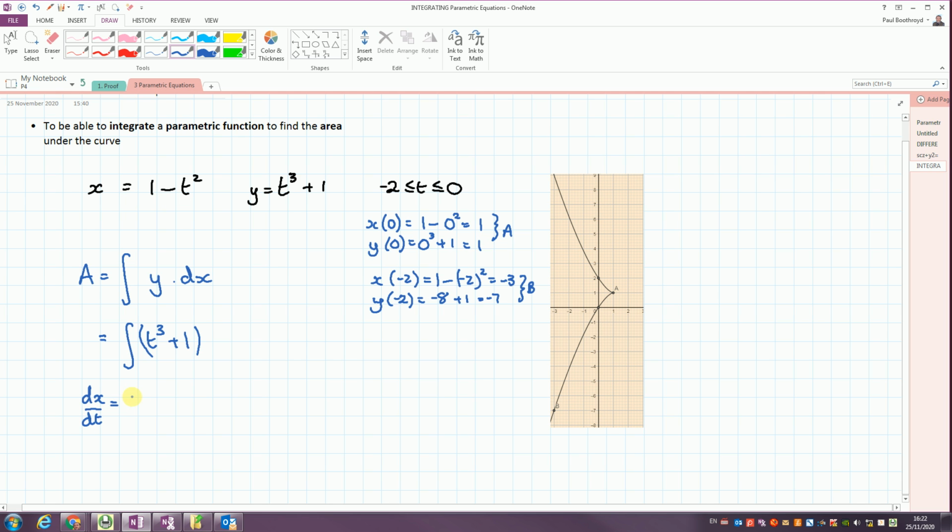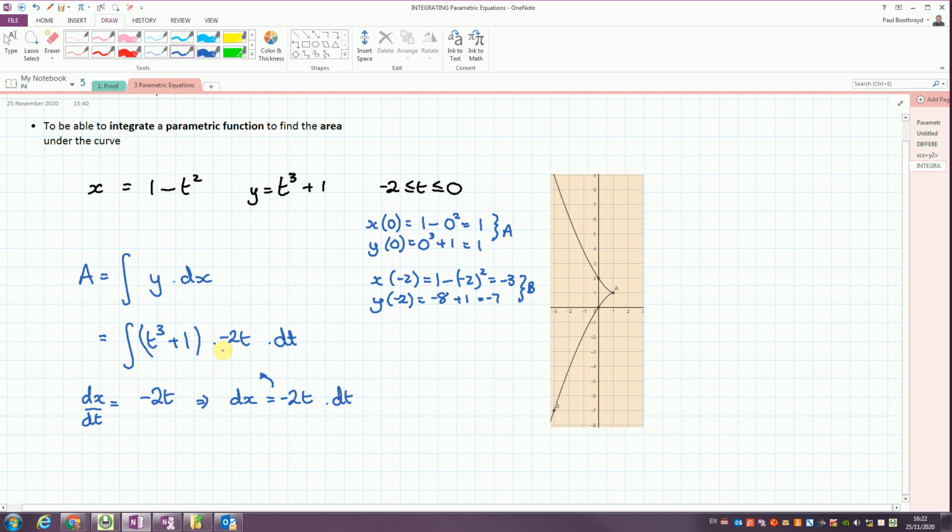which gives me the differential of 1 minus t squared, which is -2t. That means that I can replace dx, and this time we're not going to divide by this part, we're actually going to just leave it on the top. Now some of you might have been doing that before and doing a replacement when we did substitution. This time we're replacing just dx with this expression. We're not expecting it to cancel. So we can put that back into our equation